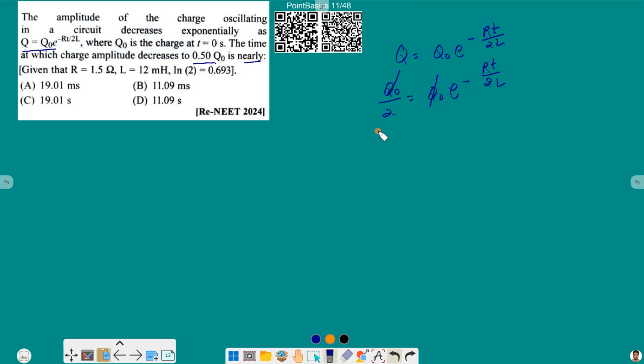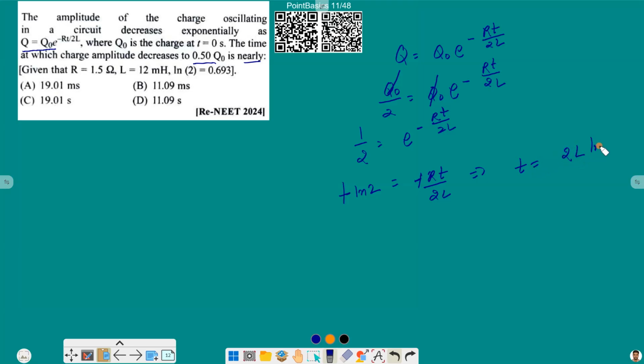Q node gets cancelled, and we have half equal to e raised to the power minus RT by 2L. Taking the log of both sides, it will be minus ln 2, because ln 1 is 0, equal to minus RT by 2L. Negative signs get cancelled, and we have time equal to